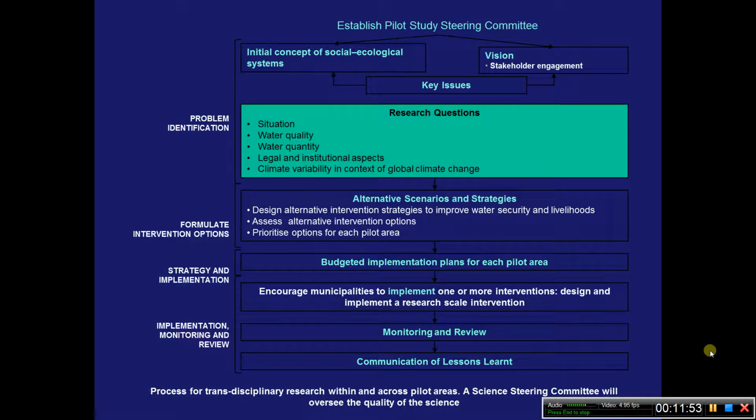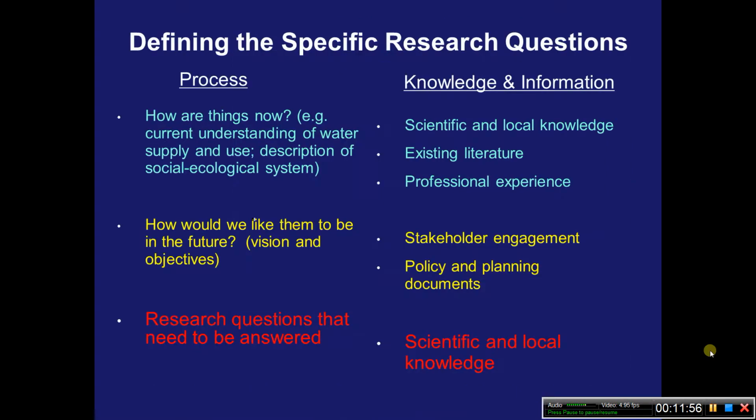So the next stage is the development of the research questions. And what I'm going to say here is just the general logic behind developing the research questions. When we say joint problem formulation, in this context, it's joint research question development. And you'll see why this is joint, because if you have a look at the process that is used, it